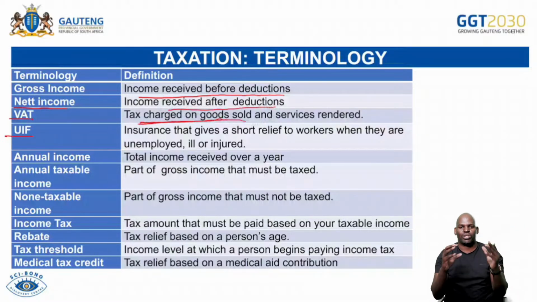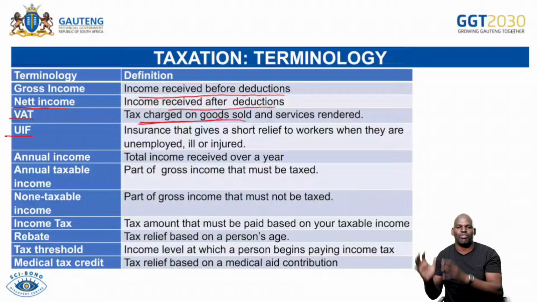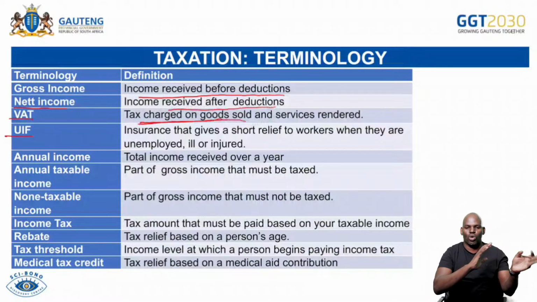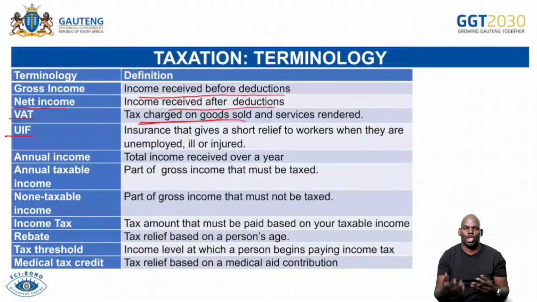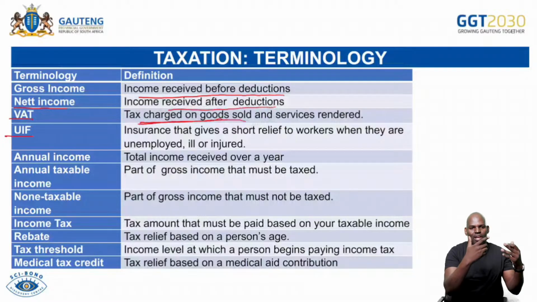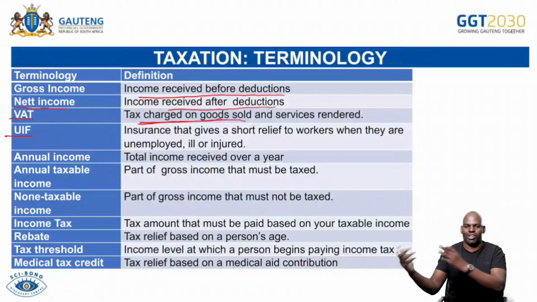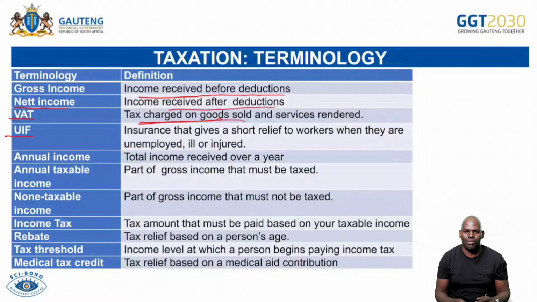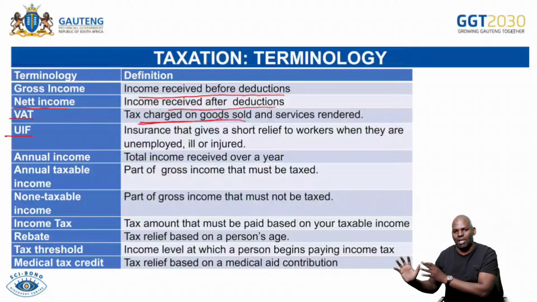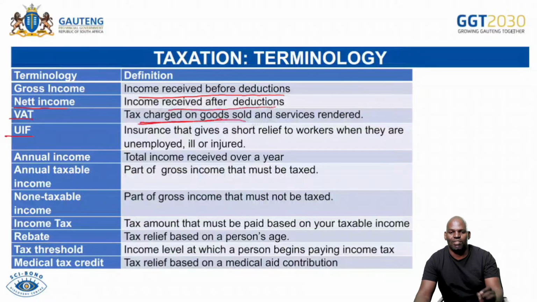It's like when we say South Africa, some of you might simply say SA, but we are talking about the same thing. So if they say explain what you understand by SA, you can't say South Africa, because you are referring to the same thing. So you have to give a clear explanation. So in this case, if they say explain what UIF is, you can't say unemployment insurance fund, but you're going to say